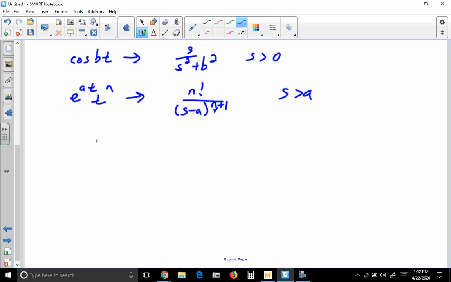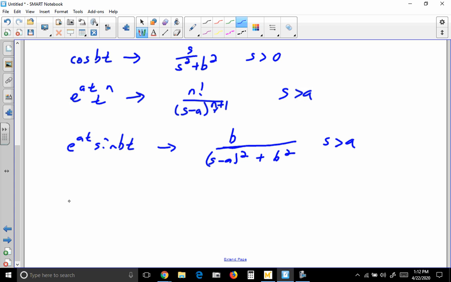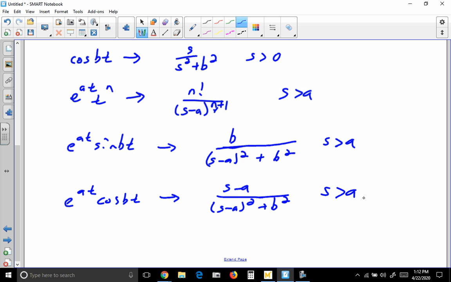If we have e to the at times sine bt, that transforms into b over s minus a squared plus b squared. s has to be bigger than a. And if we have e to the at cosine bt, that transforms into s minus a over s minus a squared plus b squared with the same restriction. So here's just a list of some basic